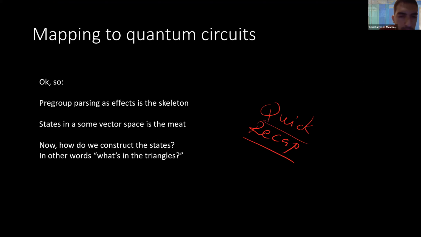And okay, this is just a quick recap slide, and maybe I should pause here for questions. So as I said, there's a pregroup parser that assigns types. Grammar gives me the skeleton. The meat on the skeleton is given with vector spaces in the form of states and effects. In particular, if you want to go quantum, states are quantum states, effects are quantum measurements, and maximally entangled ones to be specific. And then I'm going to continue and talk about parameterized quantum circuits, which is our contribution.